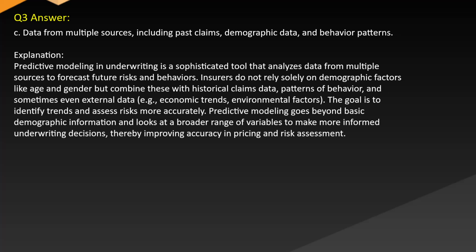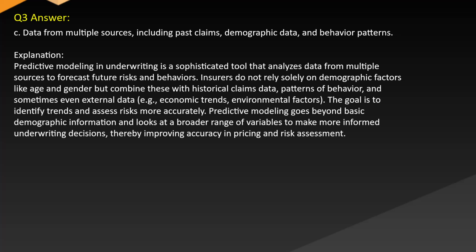Answer. C. Data from multiple sources, including past claims, demographic data, and behavior patterns. Explanation. Predictive modeling in underwriting is a sophisticated tool that analyzes data from multiple sources to forecast future risks and behaviors. Insurers do not rely solely on demographic factors like age and gender, but combine these with historical claims data,